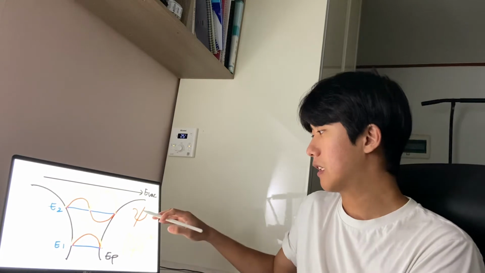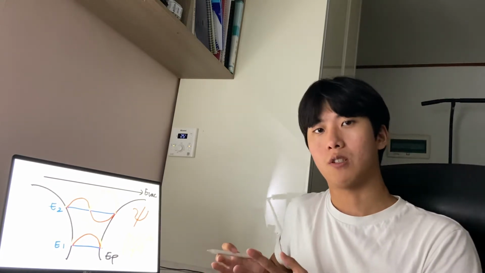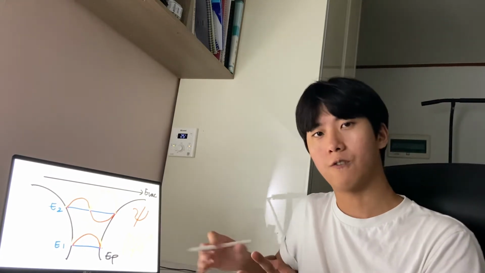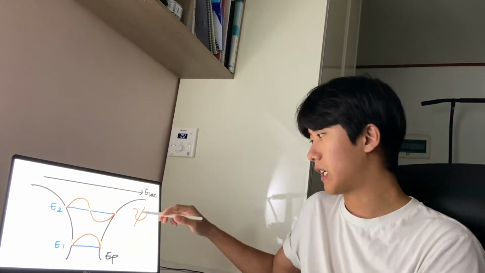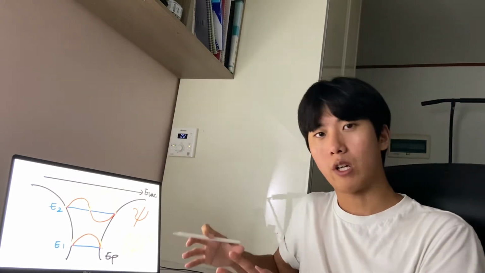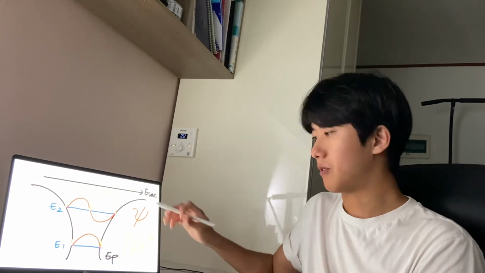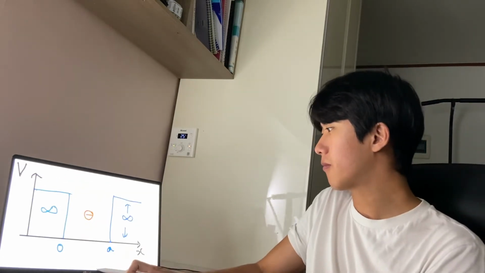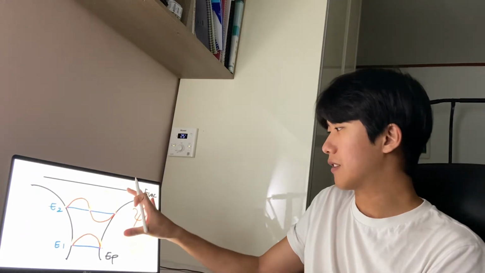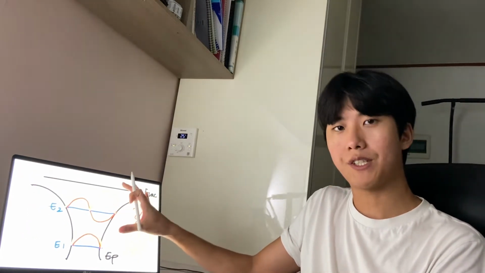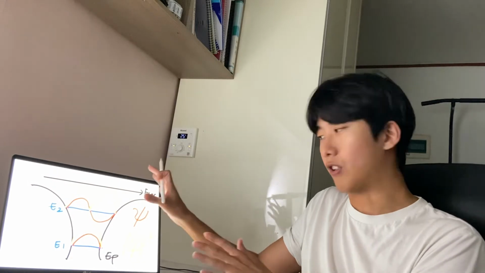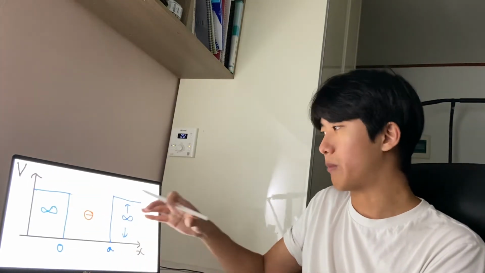We can also know the probability of finding an electron by the square of the wave function. So applying this graph, you make the tool